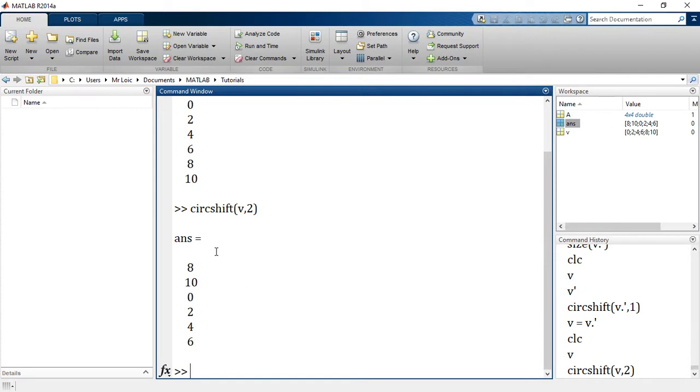This operation will continue the number of times that you want. So if we say 3, then 6 becomes the first value and 8 and 10 go down. Let's go ahead with 3, and you can see that. I'm sure that's understood.